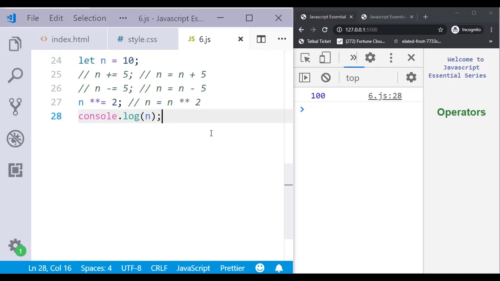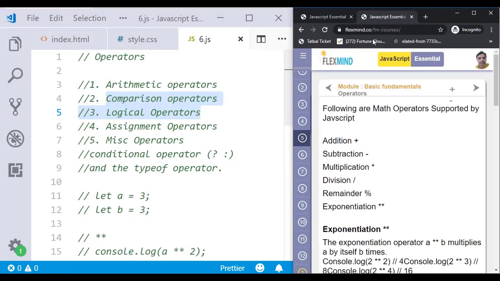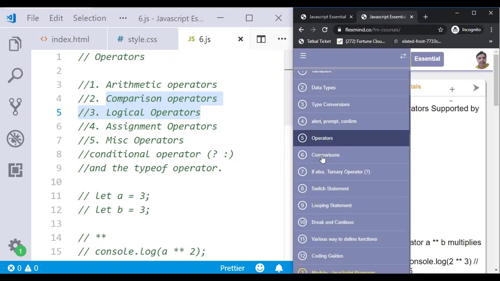Okay, so I think guys that's it from the operator side. We have seen the arithmetic operator and the assignment operator, how it works. The comparison and logical operator, I have in the next topic, there only I am going to cover. In the comparison I will show you how it works.